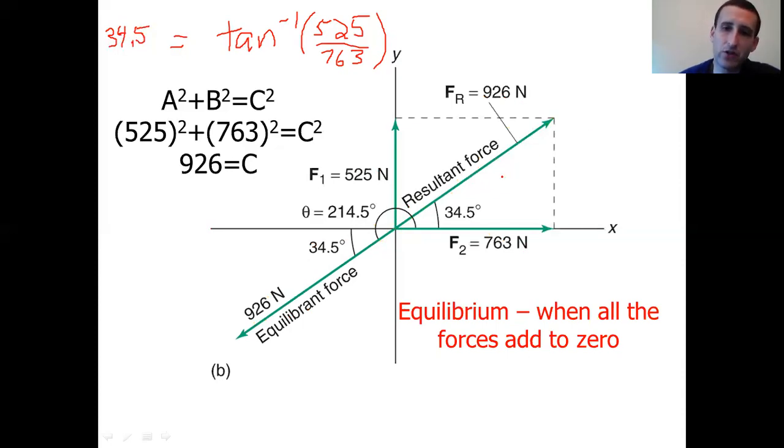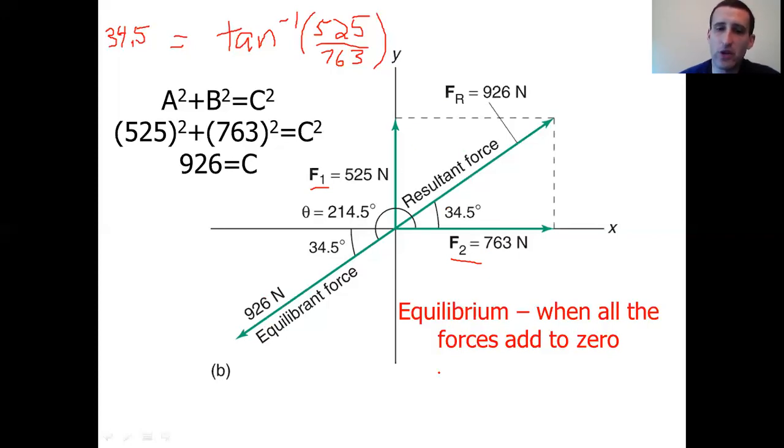Exact opposite direction. So this is 180 degrees, the exact opposite direction of the resultant force, which was the combination of 1 and 2. Please don't get confused. We don't have 3 forces here. We really only have 2. We have F1 and F2. But if we wanted to combine those 2 and look at it as a single force, that's where our resultant comes from. So a single additional equilibrium force, 926 newtons, at 34.5 degrees below the x-axis